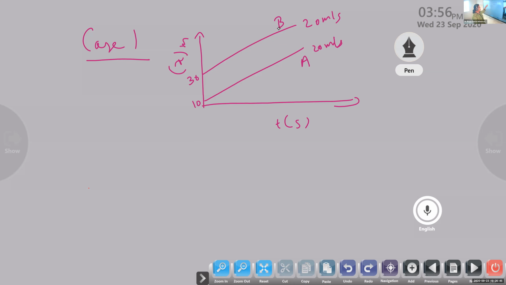In this case, A must have started earlier than B. You can understand because B started from 30 meters. So this is the late bus and this is the earlier bus. Both buses are traveling in the same direction with the same velocity. Path is not a problem. Maybe one is in Chalakudy, one is in Ashtamsiri. That's not the case. Or maybe just like two tracks, but both are moving at the same velocity.